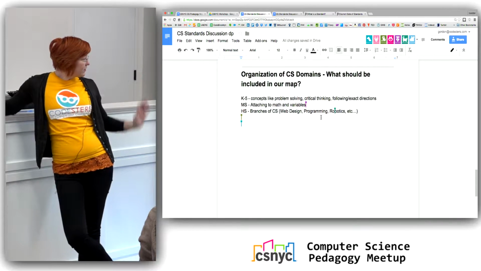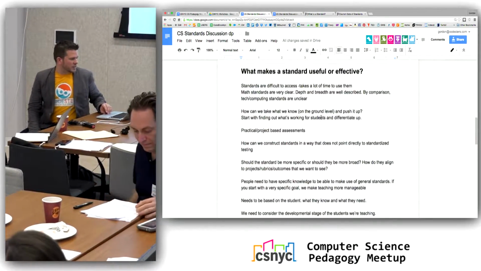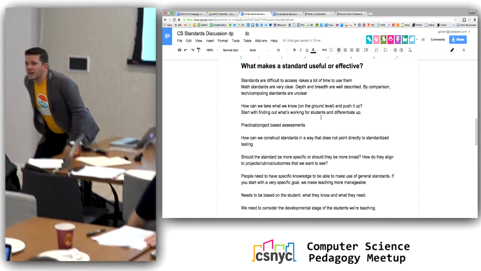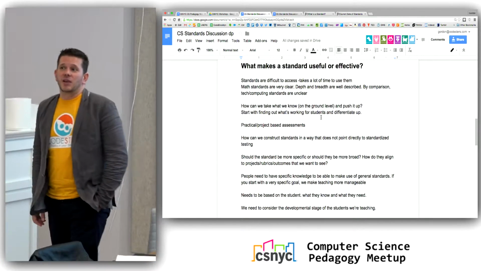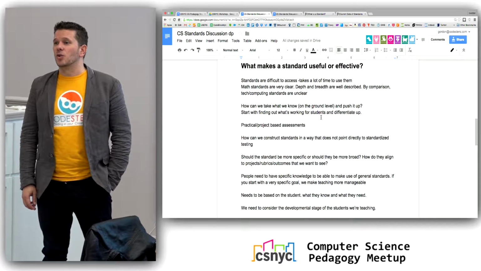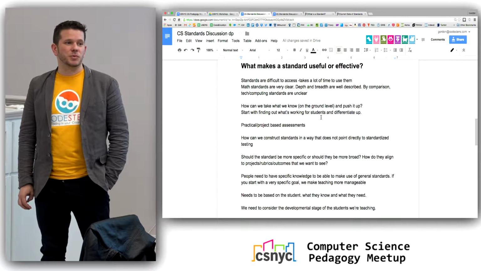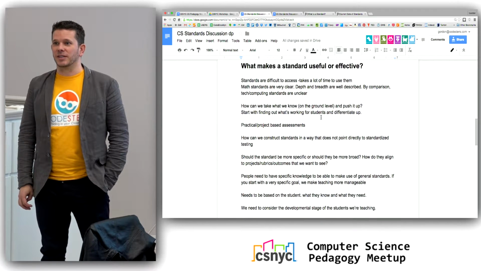Do you want to say anything? Do we want to get some of the comments around, yes, we were looking at what makes standards useful and effective. And I think a really interesting idea here is that if we are tasked with creating these standards or the guidelines for these standards, we get some say in how they're built and what they're used for. So let's take advantage of that opportunity. Let's own the space before a bureaucrat takes it over and does that for us.